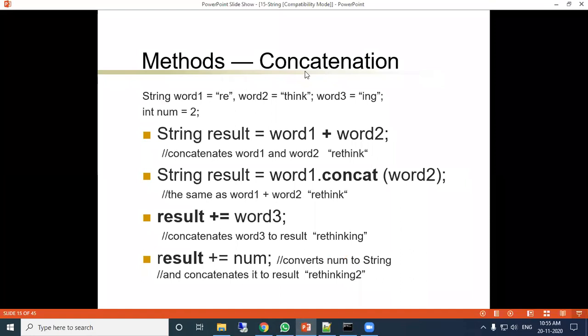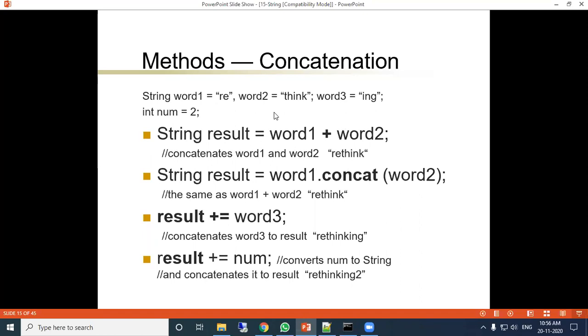Then we discussed the concatenation method, which concatenates multiple strings and creates a new string. For example, word 1 contains re, word 2 contains think, word 3 contains ing. So string result equals word 1 plus word 2. The plus operator is used to concatenate two strings.